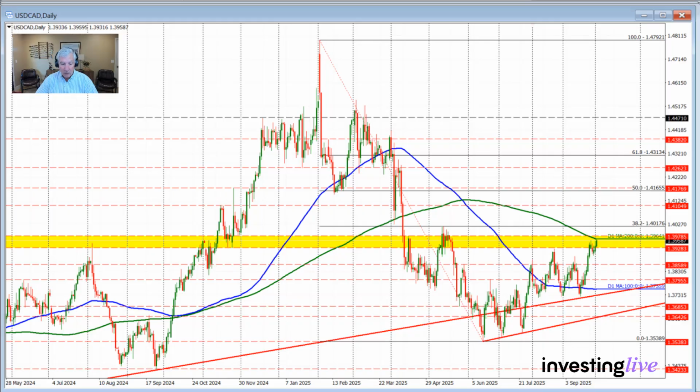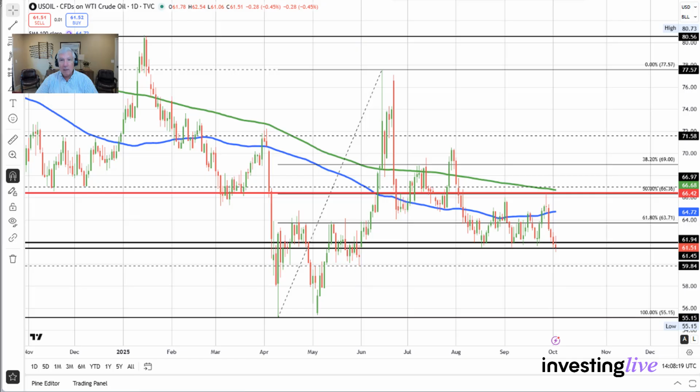If we take a look at the price of oil here over the last week or so of trading, we've come back down. This is a daily chart, come back down from the 50% midpoint of this move to the upside. This is the April low to the high price that we saw, I guess, in the month of June or July. The 50% retracement held the resistance right here, fell back below the 100-day moving average earlier this week, and